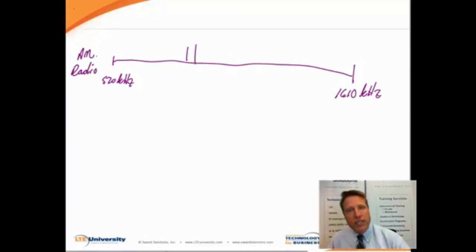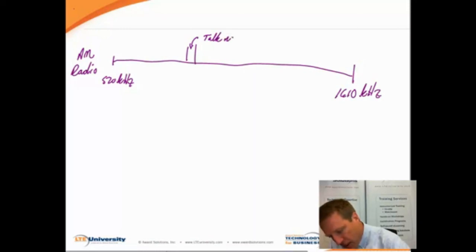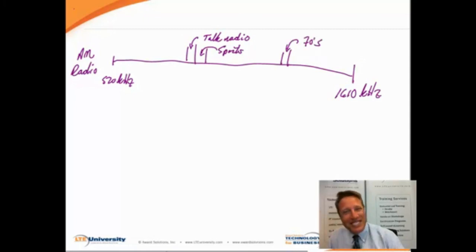Okay, so what happens is we've taken this band of frequencies that have been allocated for AM radio, and we've broken it up into different frequency channels, and then a given radio station has been assigned a frequency channel to use. So as a result, this could be some sort of talk radio that we enjoy listening to. This one could be sports. And then up here we have favorite hits of the 70s, 80s, and 90s. So as a result, we've got all these different radio stations. Each one occupies a specific channel or a subset of that band of frequencies that we have.